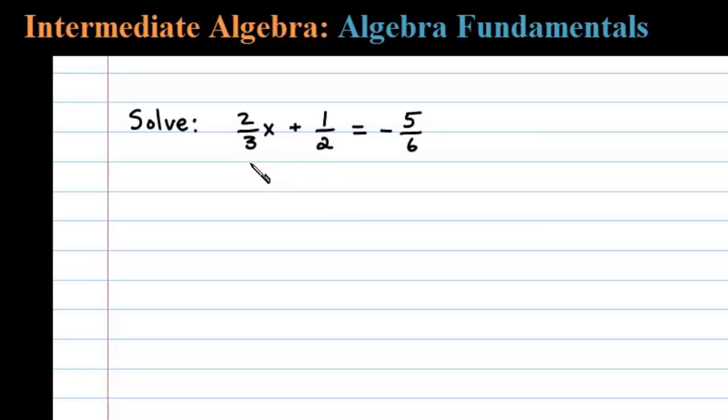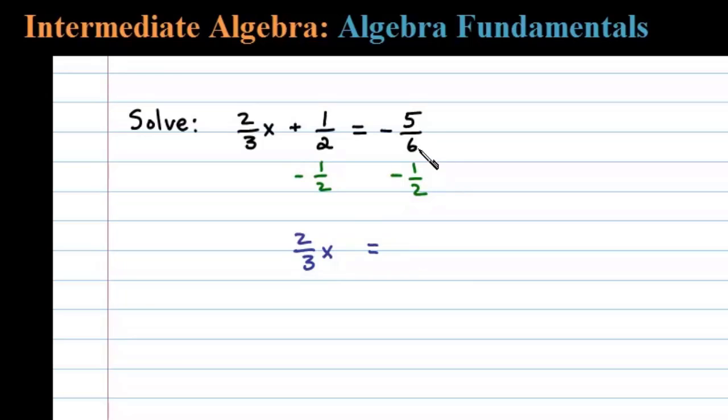Here we're asked to solve a linear equation. Let's begin by subtracting 1/2 on both sides. Now here on the left side, we'll just be left with 2/3 x equals, now negative 5/6 minus 1/2 requires